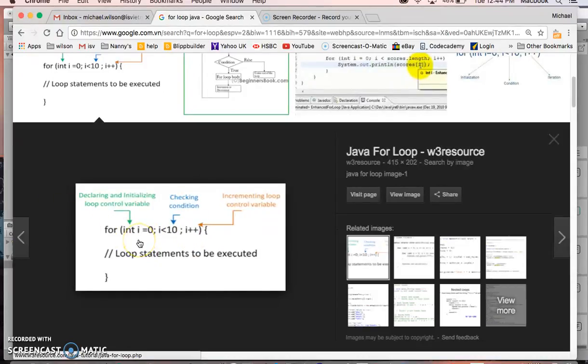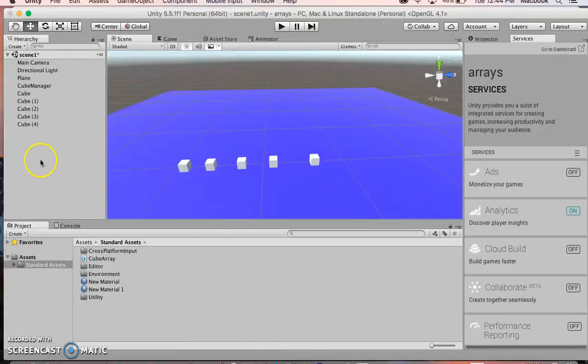But it is also something that you'll come across very, very early on when you're learning a new language. But once you've done it once, actually it's good because the syntax for all of them is pretty much the same. Okay, so what I'm going to do is just